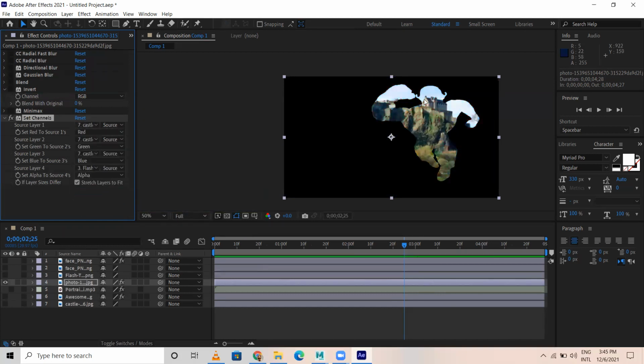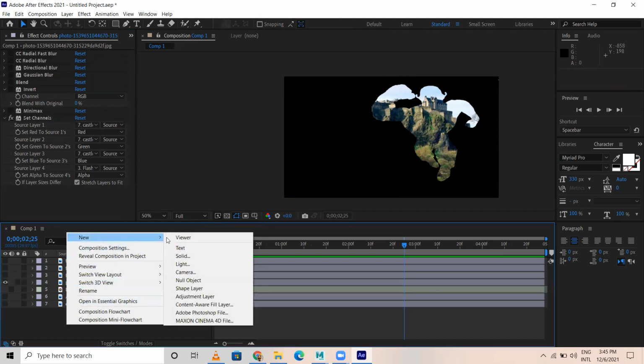You see the castle is inside my flash character. This is set channel, and doing masking of this takes a lot of time. But this is great.